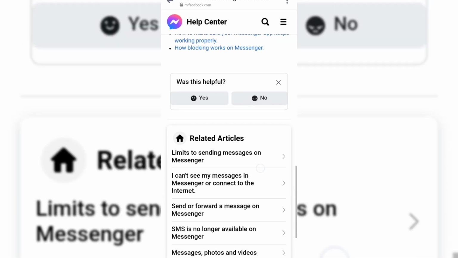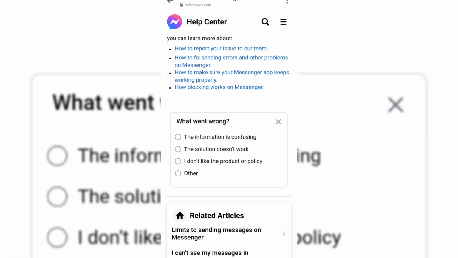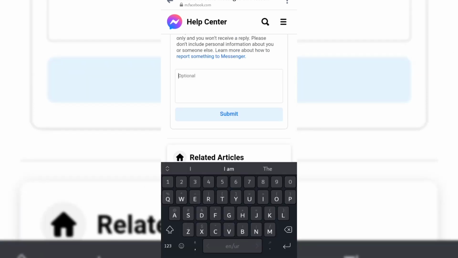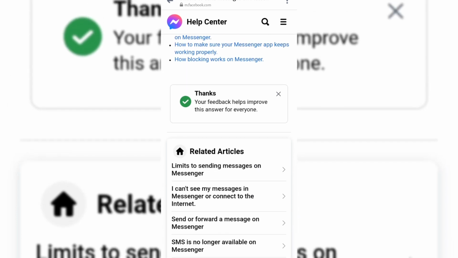Scroll down. Here you can see was this helpful. Just tap on no. Now here you can see other options. And now here you have to submit your request. Like if I type I am facing the problem of message not sent. Just submit your request, and here you can see thanks, your feedback helps improve this answer